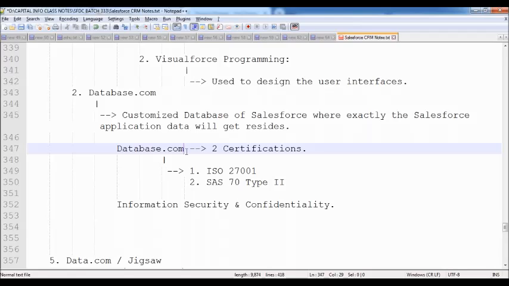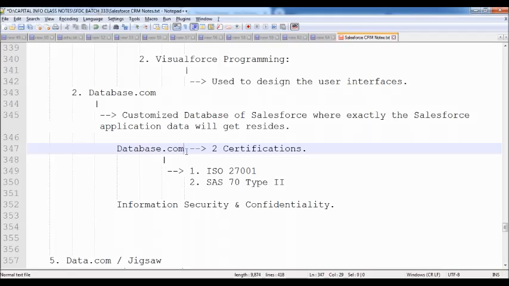Like a locker. If I'm placing my valuable items inside the locker, that is safe. Nobody can touch my items without my permission. I am the only person who can unlock that locker. Only I can open the locker and utilize the item. Remaining people can't use it, because my data, my items are safe.